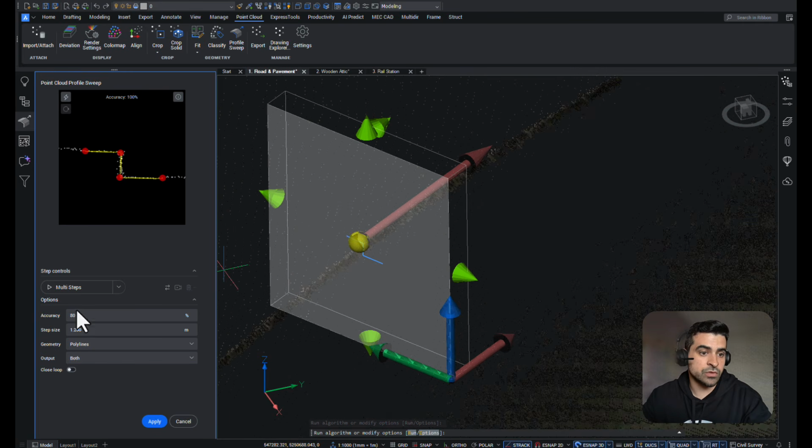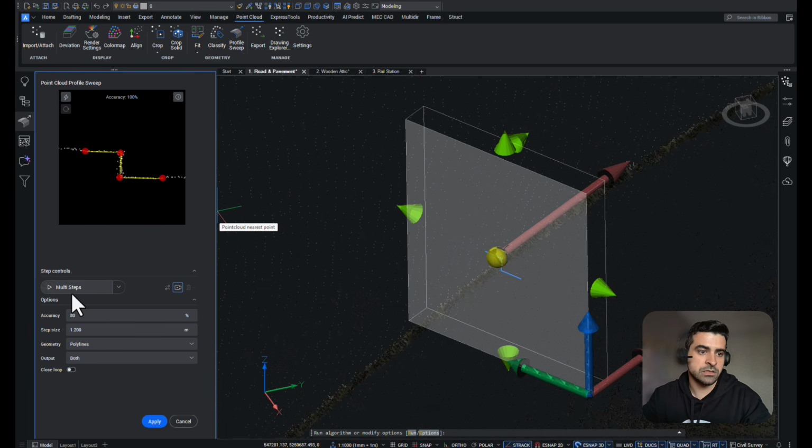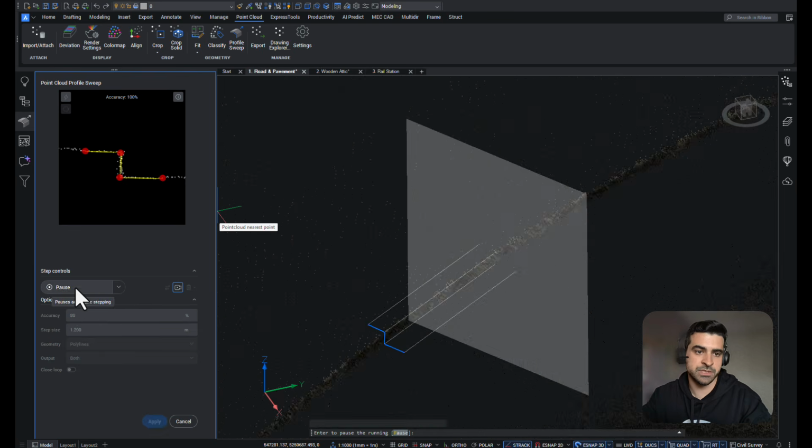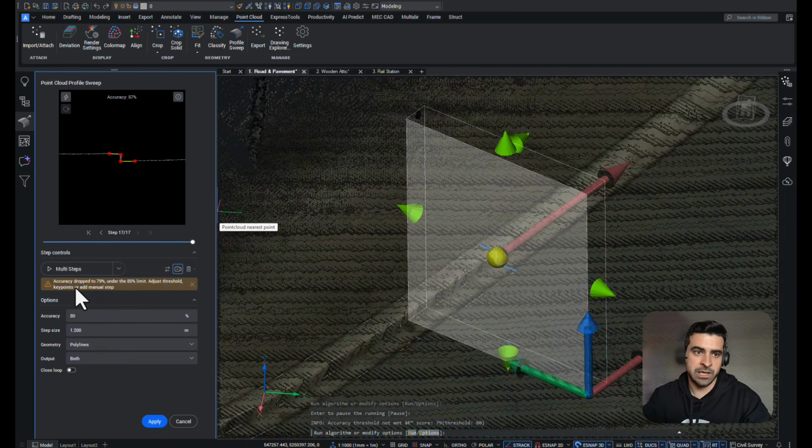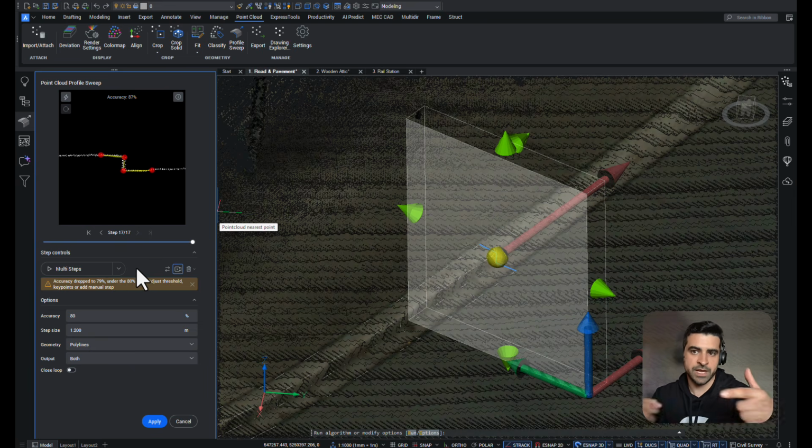And according to a certain accuracy percentage, the next steps will try to match this geometry along a path. So let's see how that looks. I will select this option so that the camera aligns with the movement, and I will immediately fire up the multi-steps tool. Now Bricscat runs along the path and creates geometry and stops wherever it thinks that the accuracy falls below the threshold we set. So at this stage, the next point falls under the 80% of accuracy.